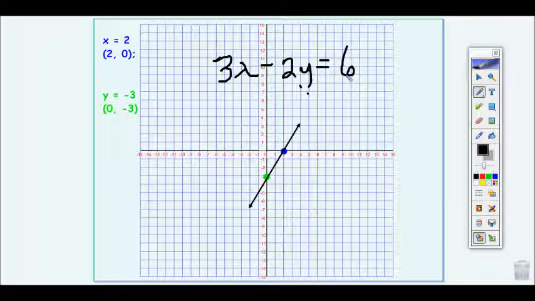Now, to fully understand why we are graphing, we have graphed all the different solutions. So if I was going to substitute in 1 for x, this is what I would get for my y. This is giving me all the solutions for this linear equation. We are finding all the coordinate pairs that will make that a true statement, as we